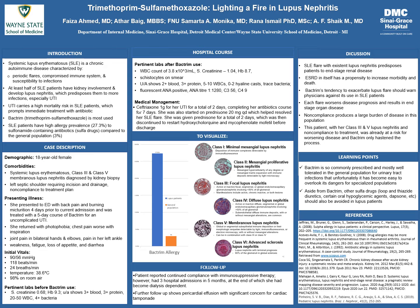Lupus nephritis itself is independently associated with end-stage renal disease and increased mortality. Flares of lupus with renal involvement increase the chances of progression to further kidney damage and ending up with dialysis dependence. This case is of one such patient, an 18-year-old female with known history of SLE and biopsy-diagnosed Class 3